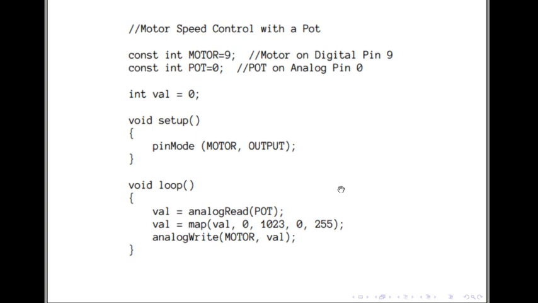Simply we are mapping the potential level of the motor with respect to the output. We are mapping the speed of the motor with the voltage level of the potentiometer, and in this way the motor is not working autonomously, but we are controlling its speed using this potentiometer. So it is very easy.